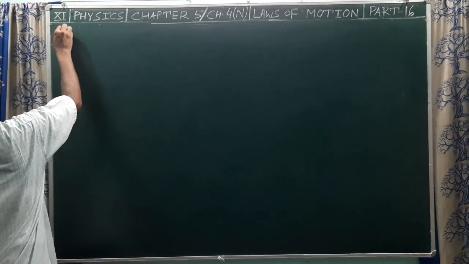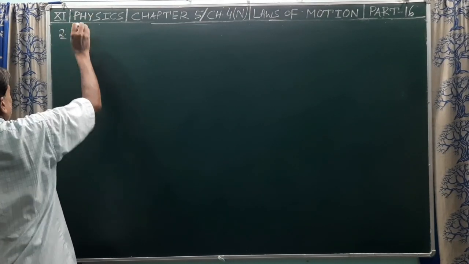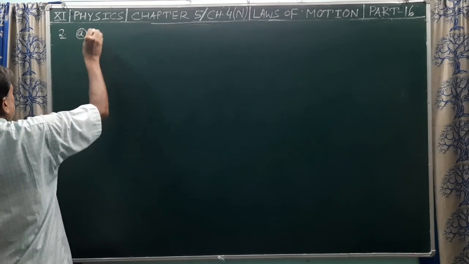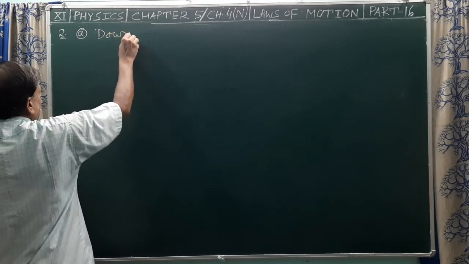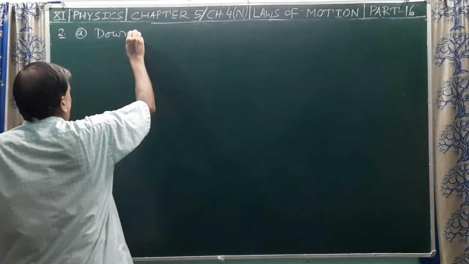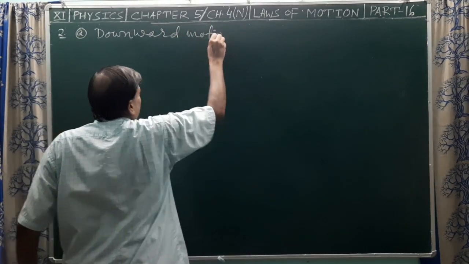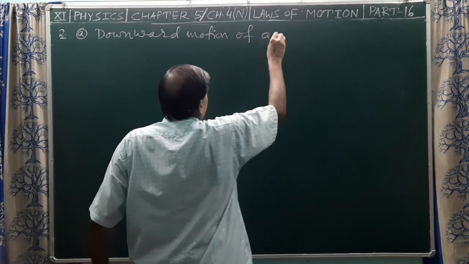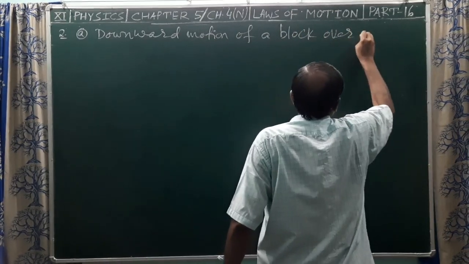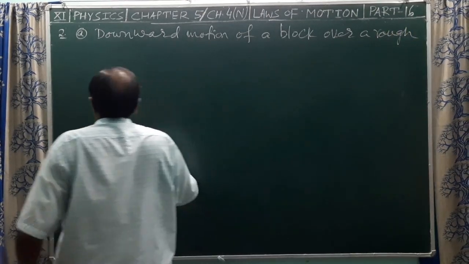So we have to discuss now downward motion. ये फर्स्ट केस है, डाउनवर्ड मोशन ऑफ ए ब्लॉक, वी हैव टू ऑब्टेन द डाउनवर्ड एक्सेलरेशन ऑफ द ब्लॉक ओवर ए रफ इंक्लाइन प्लेन।